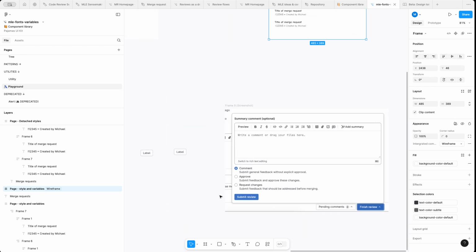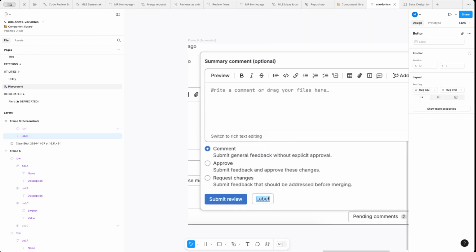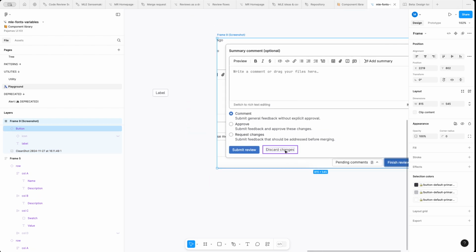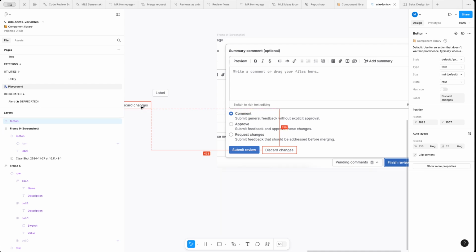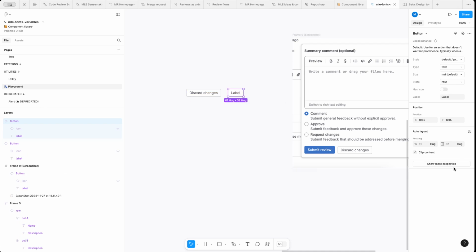Today, what I might do is get a button component, put it in here and say, let's say, discard changes, right? So I might say to my team, hey, what about this? But it looks like a polished, finished design, and I may get the wrong kind of feedback that I need at the time. So what we could do to all our components is, inside here,